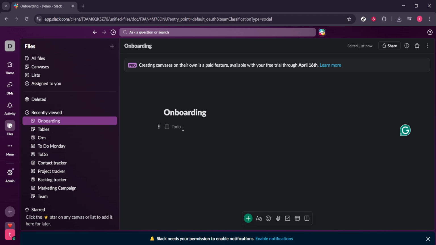That's all there is to it. You navigated to Files, created a new canvas, named it clearly, and inserted a checklist using the / command and the checklist option. You're ready to put it